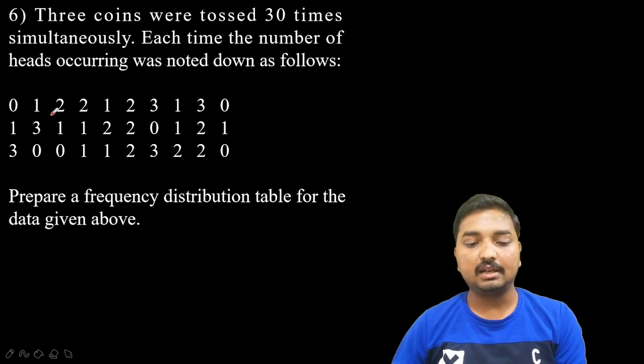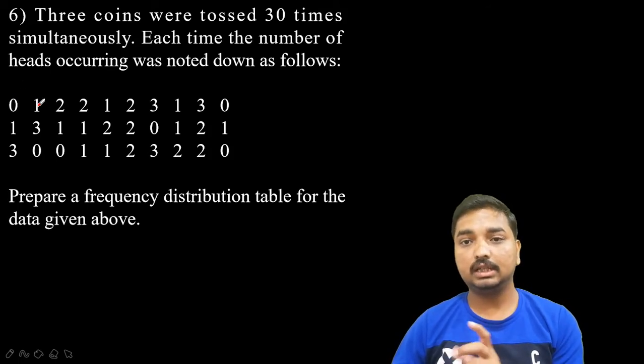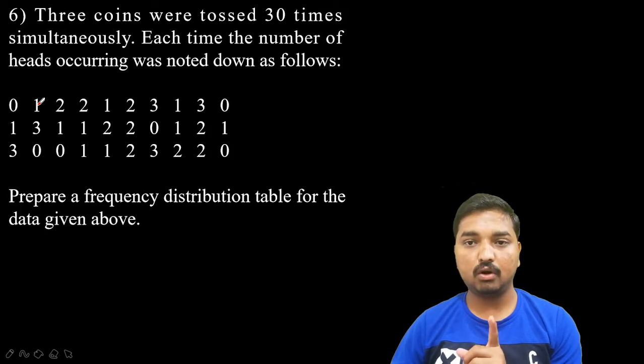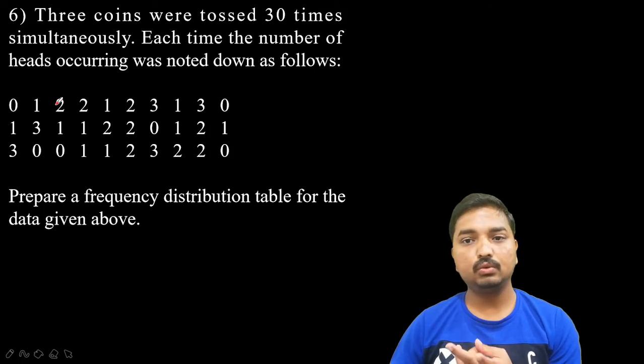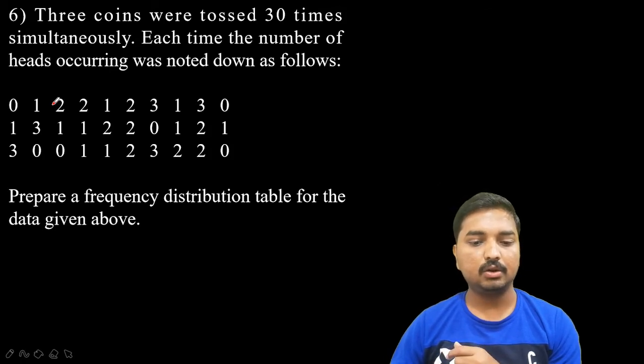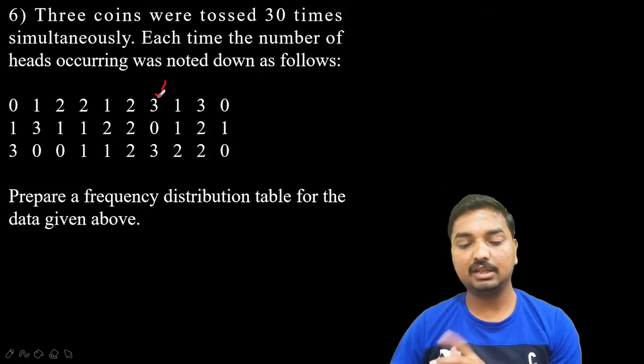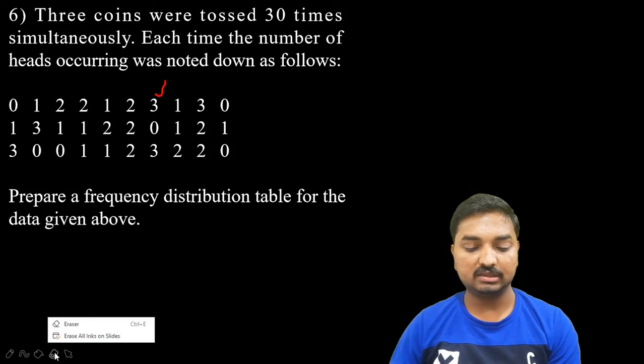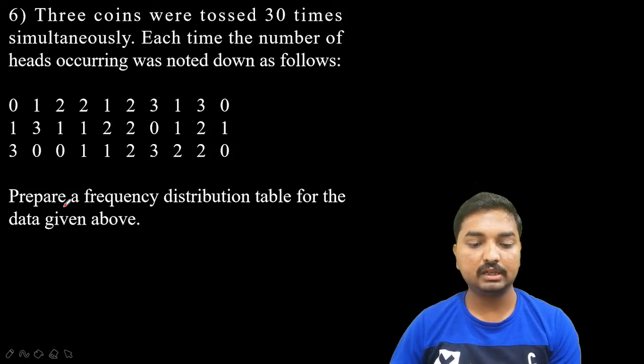So in the second trial, 1 means what? Among the 3 coins, 1 coin gives head, the remaining will be tail, that's why 1 is written. Okay, second one 2 means 2 coins show a head, but the next one shows a tail, that's why. In the same sense, in the fourth trial also the same thing happened. In the next trial, only 1 head appears. And here in this trial, look here, 3 means all the 3 show head, that's why 3 is written here, like this. So this is actually the experiment. I think you have understood here.